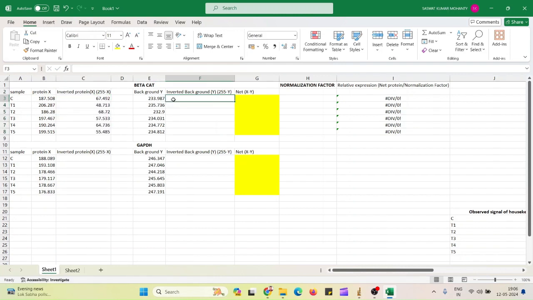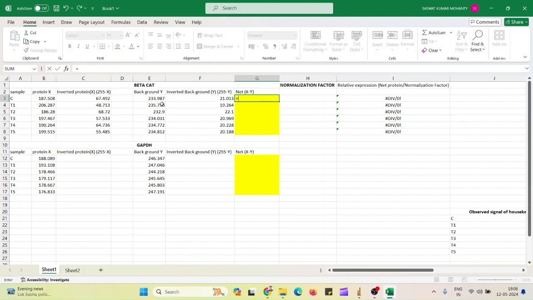Similarly, I have to calculate the inverted background. As you calculate for the targeted protein band, similarly you have to calculate for background. So 255 minus the mean of background. Done. Then the net protein intensity: you have to subtract the inverted background from the inverted protein. So from the C column I have to minus the F column.